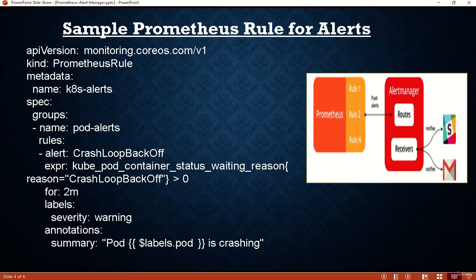One of the Prometheus rules which I gave you here is this crash loop back off Prometheus rule. We have to write rules like this. First is the API version which you have to use: monitoring.coreos.com/v1. We have to use that API version, and then we write kind: PrometheusRule. In metadata we have to name the rule as you want to name it, and then